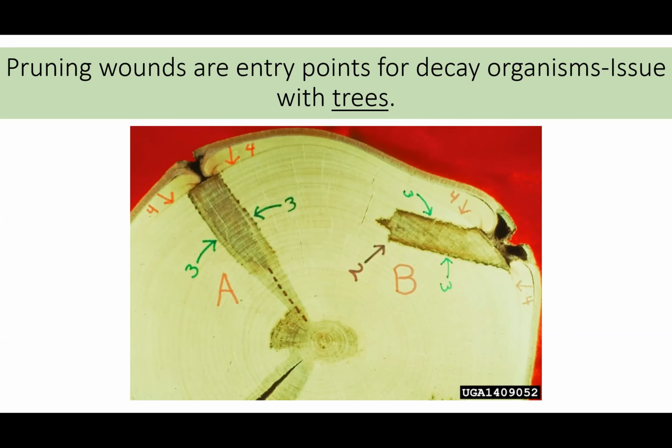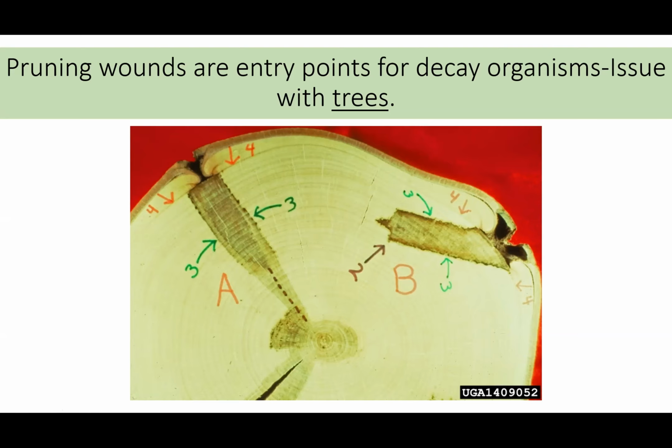So you can see in the picture here, the discolored areas of wood right here and here are right behind wounds. The discolored wood is wood that's been affected by decay organisms. And you can see trees have defense against decay organisms, which, depending on the species and the health of the tree, have various levels of strength. So, when we prune, we need to know that we are wounding the tree, even though it's in a controlled manner. And so we are potentially letting decay organisms in.